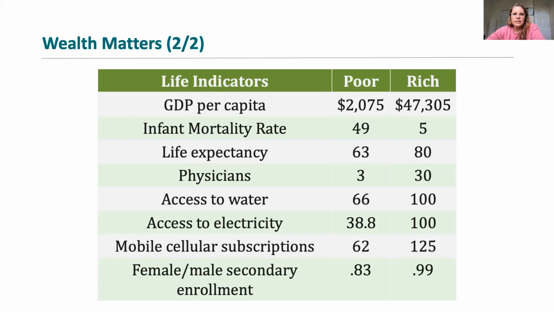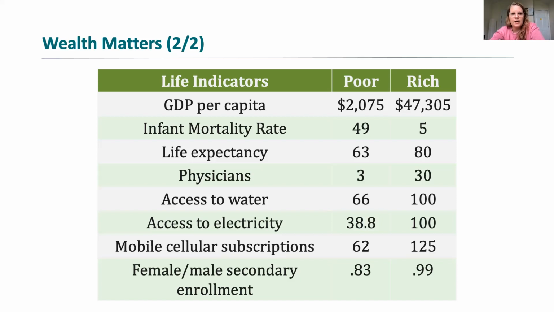We're going to really break down this table. So we're really looking here at a huge difference in GDP per capita, which is a measure that we use to look at average living standards. So you can see that on average across those wealthy nations, GDP per capita is over $47,000 per year, whereas in the poorer nations, it's on average, so remember average, meaning that there are some that are lower than this, just $2,000 per capita per year.